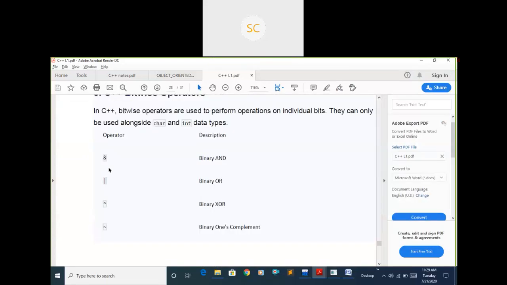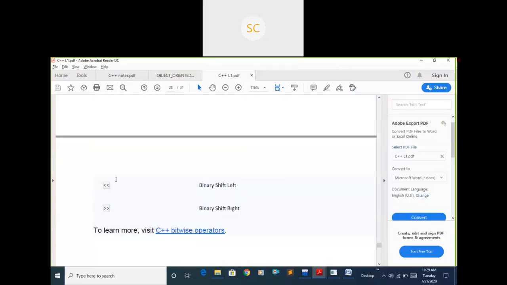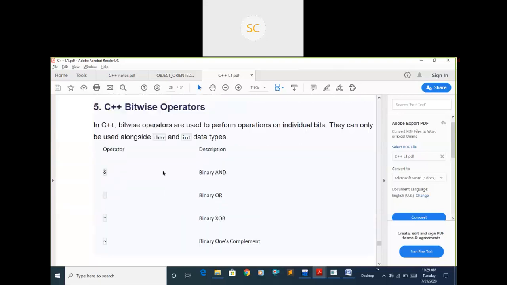You can call this the binary AND. This is also the OR operator. This is the binary XOR operator. This is the complement operator. Then the left shift operator and right shift operator. These operators perform on individual bits.